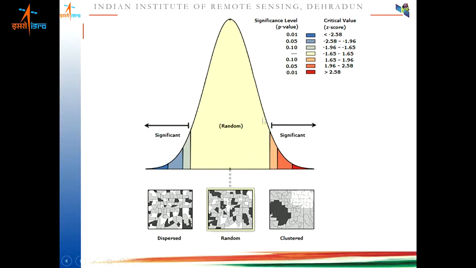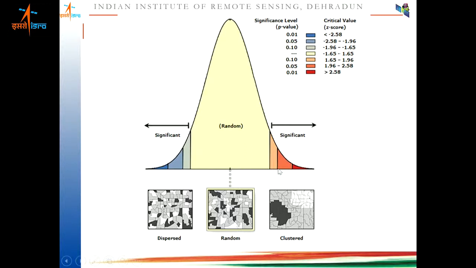If we are talking about a 90% confidence interval, this x-axis is the z value, and this value is 1.65 and this value at this location is minus 1.65. So if your z value is greater than 1.65 or less than minus 1.65, in that case your test is significant.